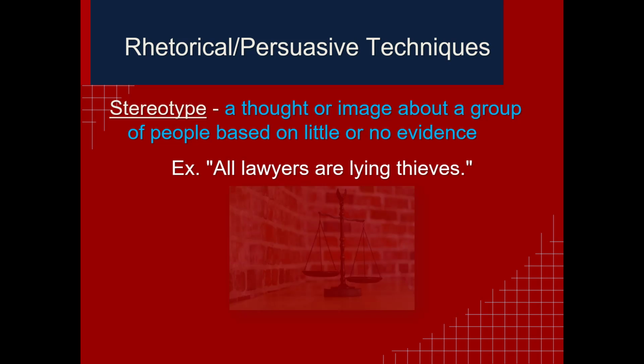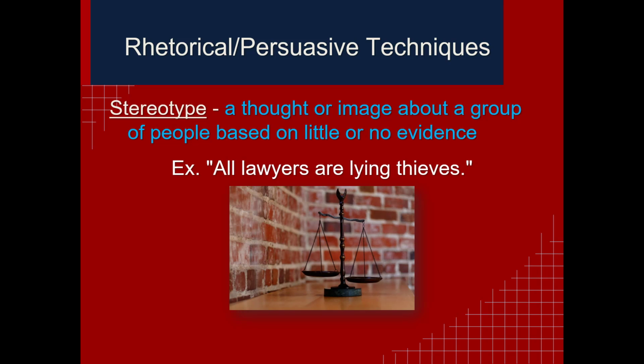So when I say, well, all lawyers are lying thieves, what am I basing that on? Again, it's probably lazy thinking. I probably met one or two, I didn't like them, so I'm jumping to this conclusion. Remember inductive reasoning where I take one little example and then I base my entire conclusion on it? That's what this is. We're generalizing to a whole group of people based on a couple examples. It's not smart and it gets us into a lot of trouble.